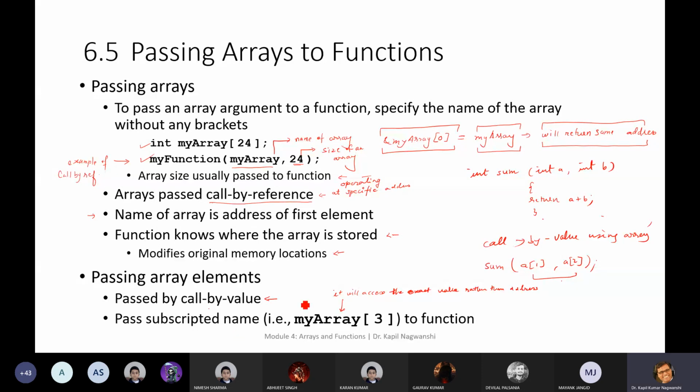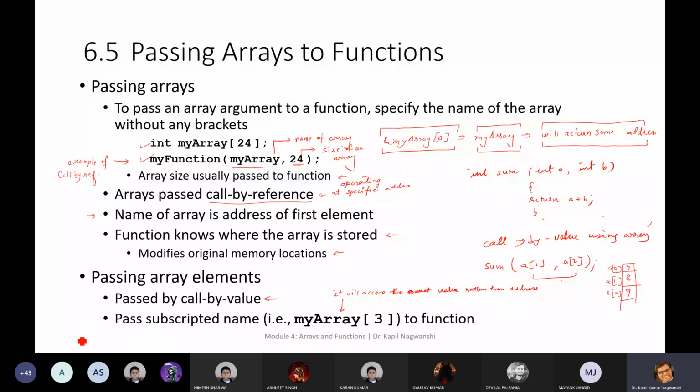And this is call by value. Suppose this is our function: int sum(int a, int b) returns a plus b. So we can pass directly like this: A1 and A2. This will return the addition of these two values. Suppose the array has stored values like this: A0, A1, A2, stored as 7, 8, 9.